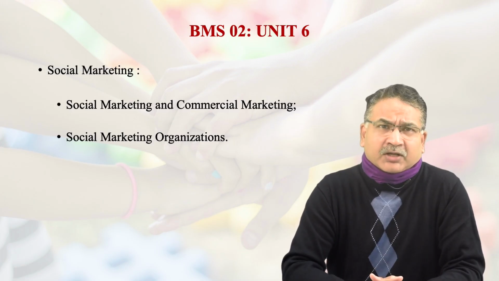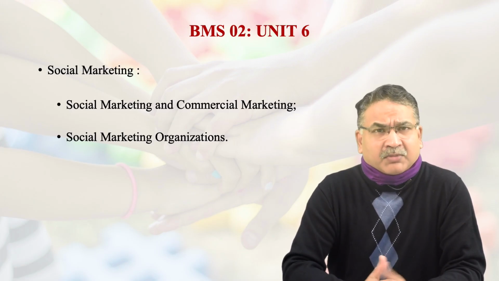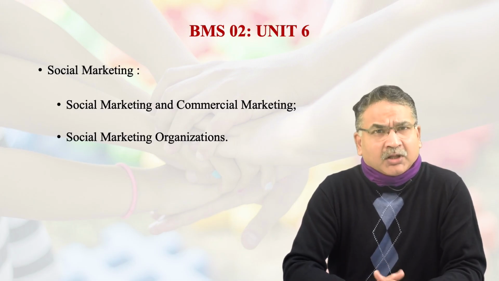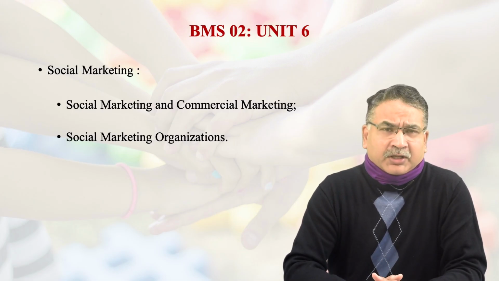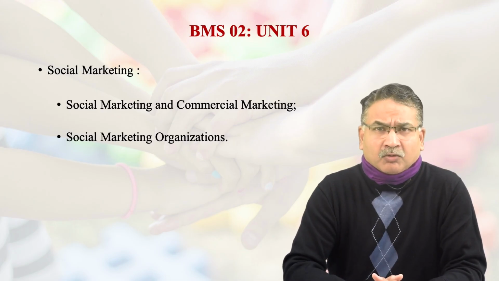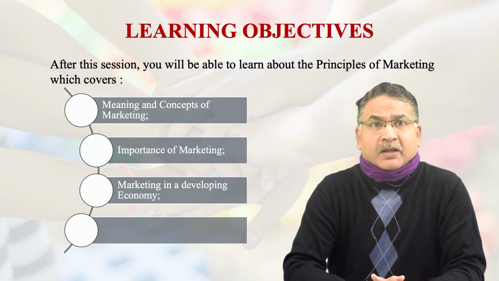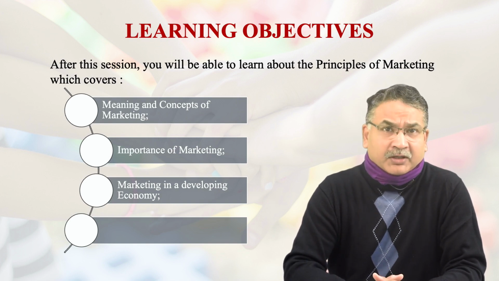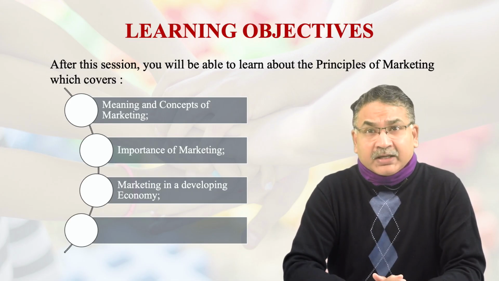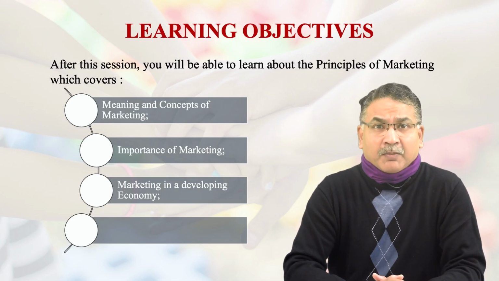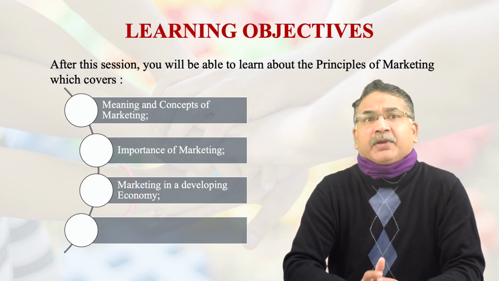So the first question that should come to your mind is: what is social marketing, and how is it different from normal marketing? I would like to draw your attention to the quote and definition given by the famous marketing author, Philip Kotler, and Mr. Gerald Zaltman. According to them, social marketing uses the same concepts that are used to sell products for profit. In social marketing, they are applied to sell ideas and skills that could bring about change in attitudes and behaviors.